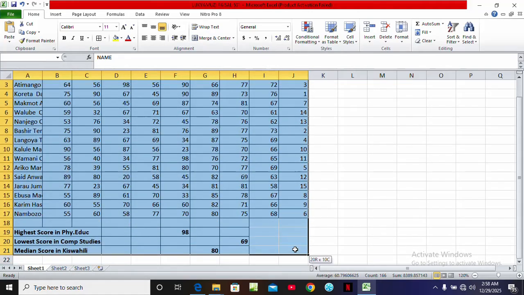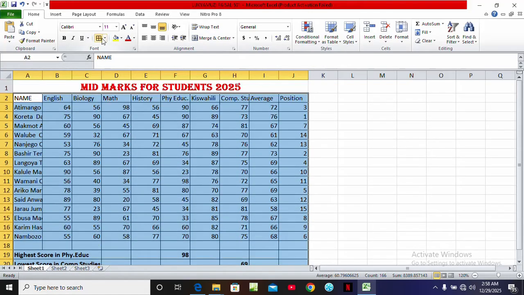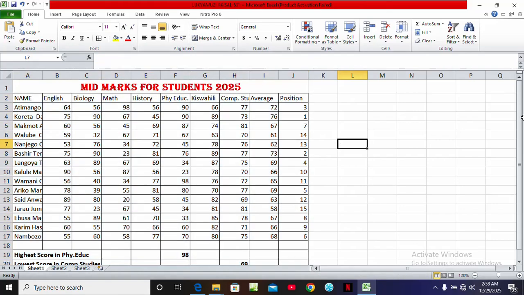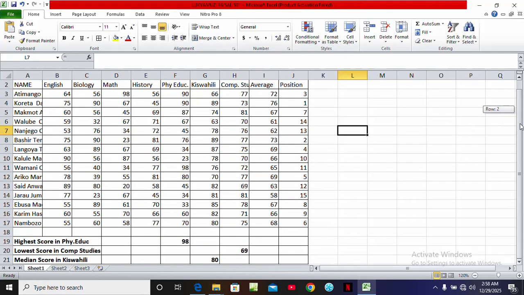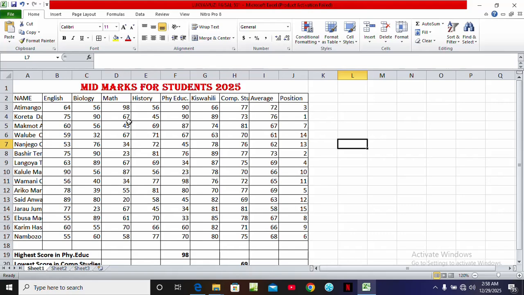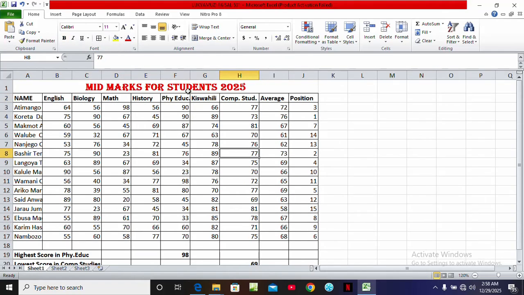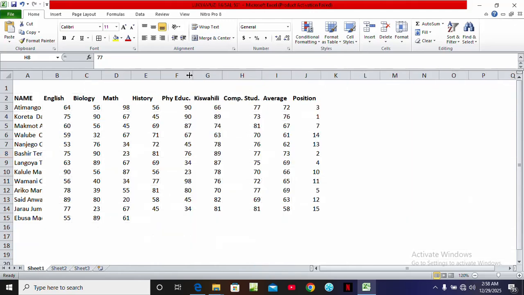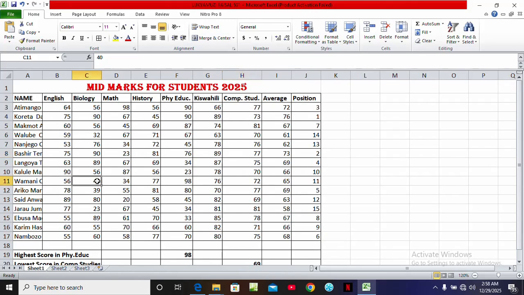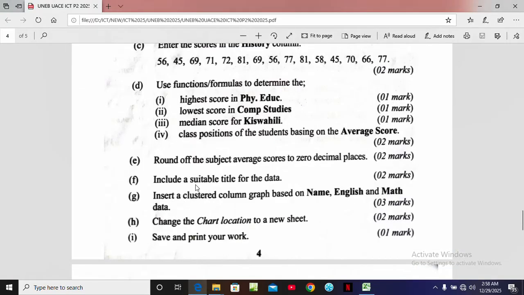Let's put this one up here. Yeah, to make the data look organized, as you can see. Then we can try to bold this first. Make it a bit organized. And double click. Very good. Then let's go to the next question, which says insert a class column row based on name, English,